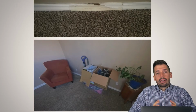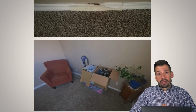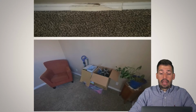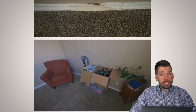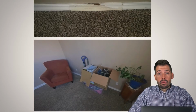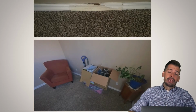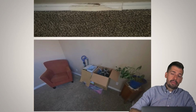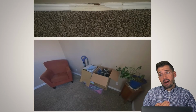And so when we talk about honesty going through the sale of a house, it is very important to understand that not everybody has the same level of integrity. And I'm not saying anything about a person's integrity. I'm not saying people do this maliciously or on purpose. It could very well be that these boxes in this room are the only boxes that were in that room, that they just happen to be placed right in front of the water stain from the leaking foundation, where this water is coming through and says that we have to dig out the foundation, reapply a waterproof